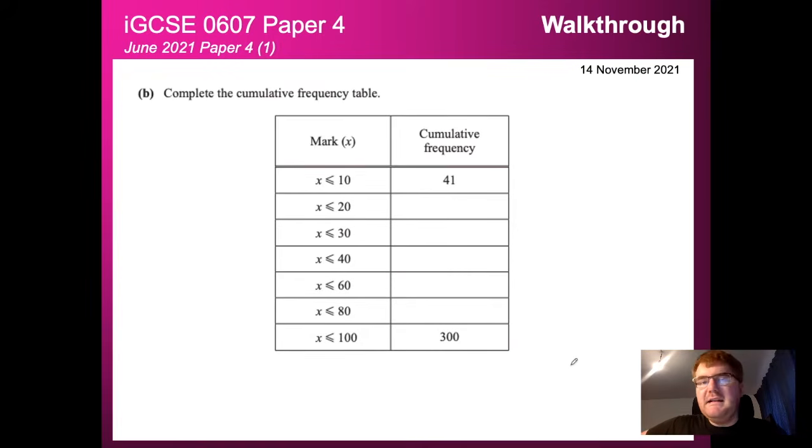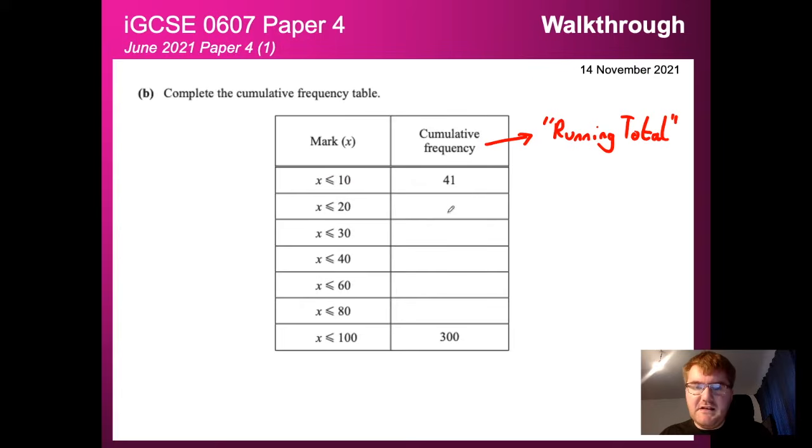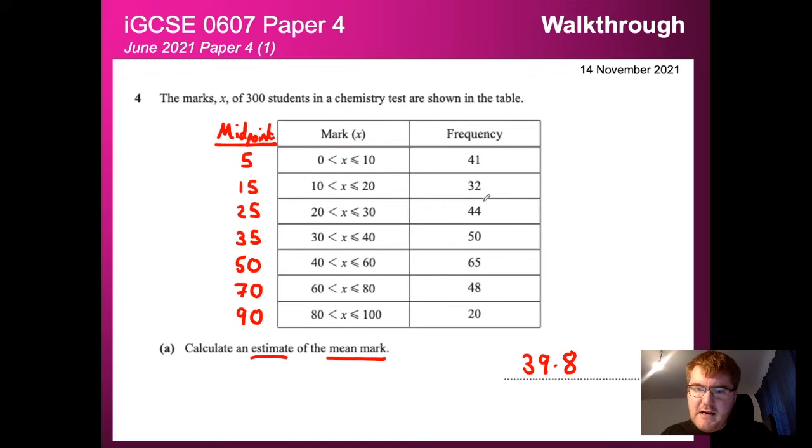Question B, we're going to complete the cumulative frequency table here. Now remember, this phrase, cumulative frequency, this means a running total. This is a really important topic to understand if you want to do well on this IGCSE 0607 course. So the way we work out cumulative frequency, we start with our value 41 and then we keep adding these values on. So we do 41 plus 32, that's equal to 73. Then I go back, I take 73 and then add on 44. So 73, 44. If we do that, we get